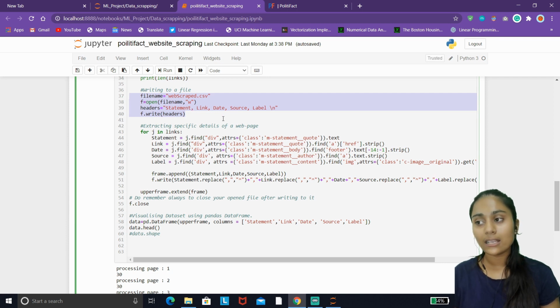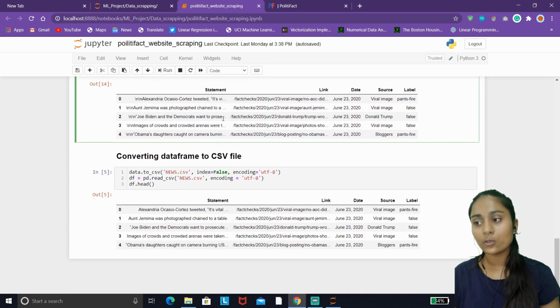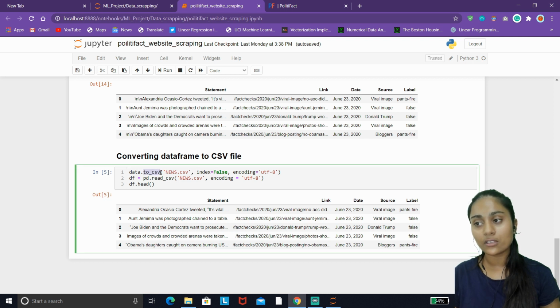Like this, unlike this, you can use another function too, to convert your data frame to a CSV file using this toCSV function.